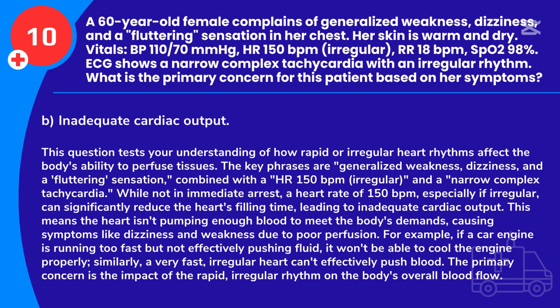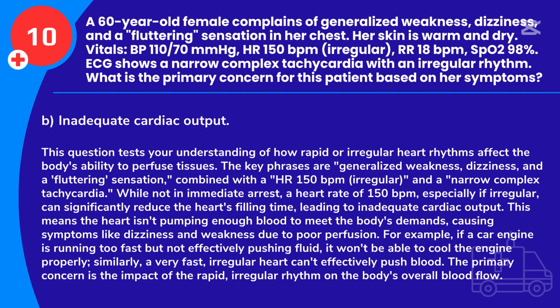Answer: B. Inadequate cardiac output. This question tests your understanding of how rapid or irregular heart rhythms affect the body's ability to perfuse tissues. The key phrases are generalized weakness, dizziness, and a fluttering sensation, combined with an HR 150 bpm, irregular, and a narrow complex tachycardia. While not in immediate arrest, a heart rate of 150 bpm, especially if irregular, can significantly reduce the heart's filling time, leading to inadequate cardiac output. This means the heart isn't pumping enough blood to meet the body's demands, causing symptoms like dizziness and weakness due